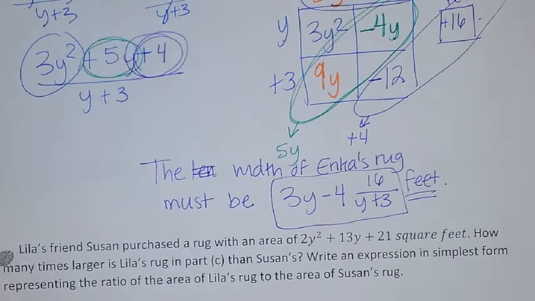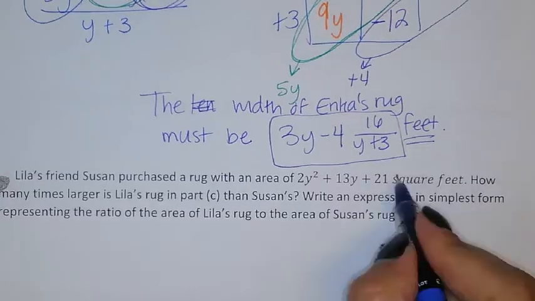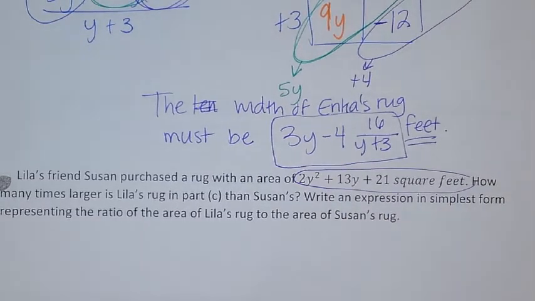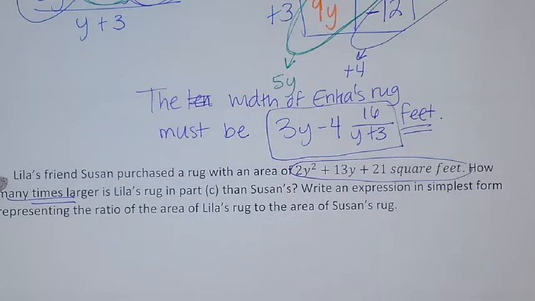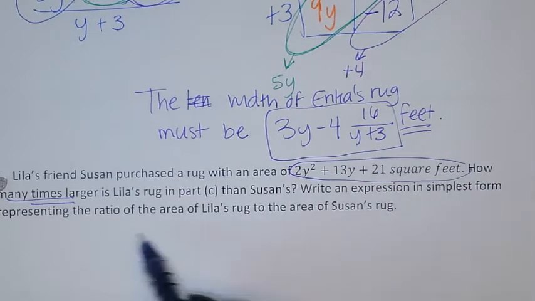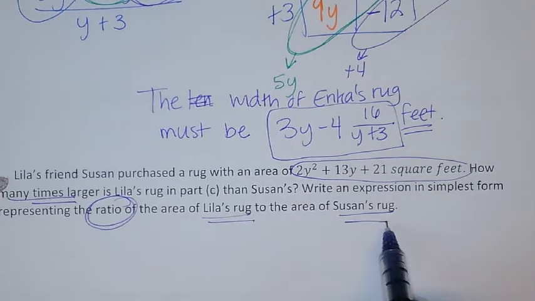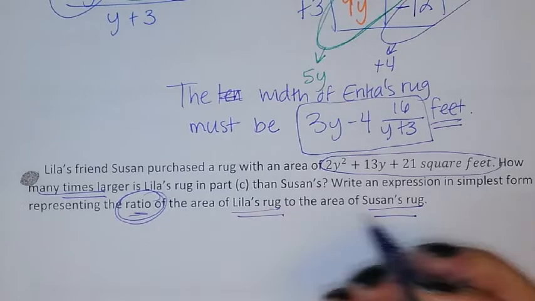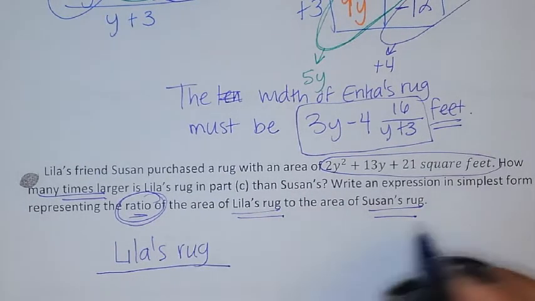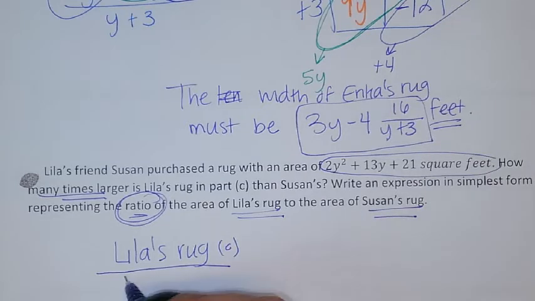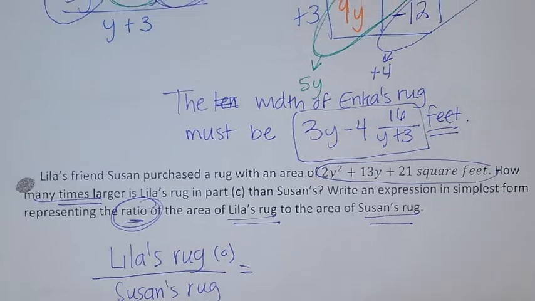Lila's friend Susan. So now there's a Susan. How many times larger is Lila's rug in part C than Susan's? Write an expression in the simplest form representing the ratio of the area of Lila's to the area of Susan's. So here we're telling you what to do. I need to write a ratio, so a fraction of Lila's rug in part C to Susan's rug. Okay, so Lila's rug in part C, if we go back,